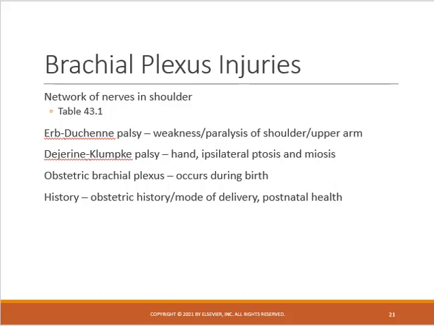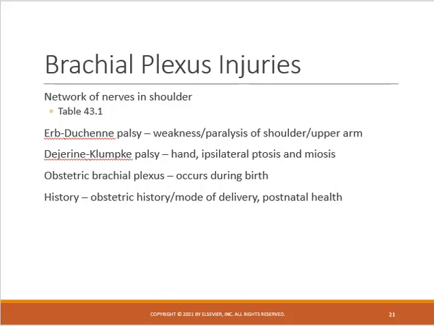Next, let's talk about brachial plexus injuries, and these occur within the shoulder. There are 4 different types based on the nerves and the muscles that are involved. We also have 3 different types that we're going to talk about here. The Erb-Duchenne palsy is a weakness or paralysis of the shoulder or upper arm. The Dejerine-Klumpke palsy involves the hand, with ipsilateral ptosis or miosis. And I believe this is similar to Horner syndrome, where we have impact if the fibers of the T1